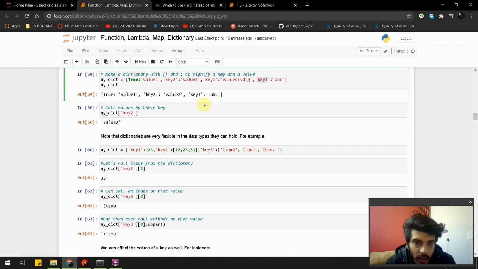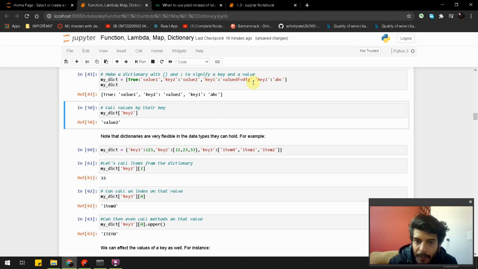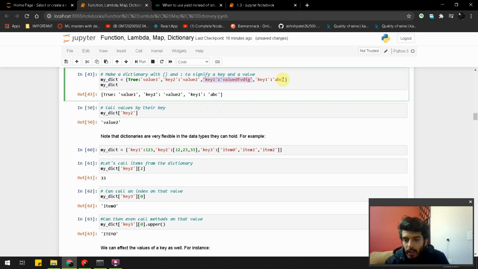So basically we are making a dictionary, and we have true as a key, 2 as a key, and 1, because the last one is having abc. Then the program automatically ignored the first one which comes first, but it took the last one because it comes last.